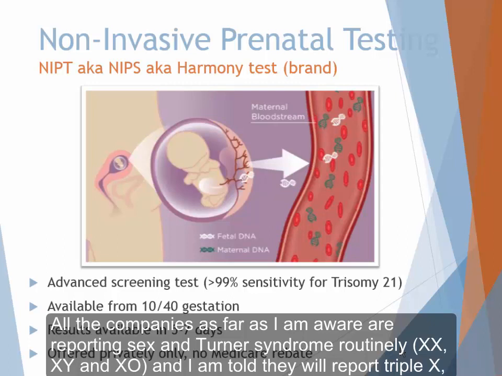One of the other tests that is available now is non-invasive prenatal testing. It's also called NIPS because it's not a diagnostic test, it's an advanced screening test. Everyone seems to know it as a Harmony test. That's the brand. But everyone will come in and they don't know what NIPS or an NIPT is, but they know Harmony. So basically what they're doing in that is it's a blood test for a mum,